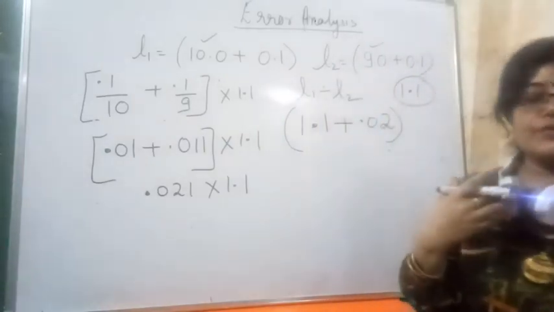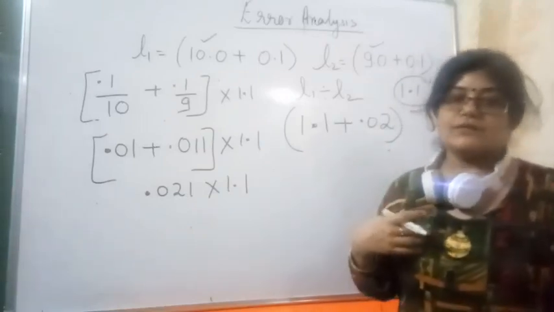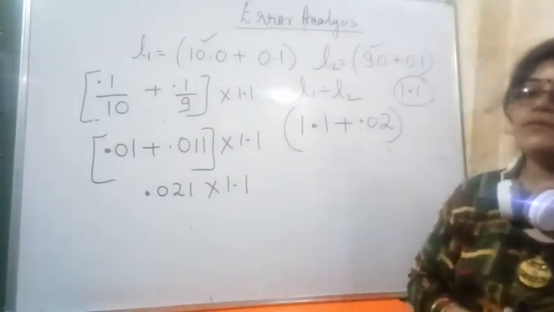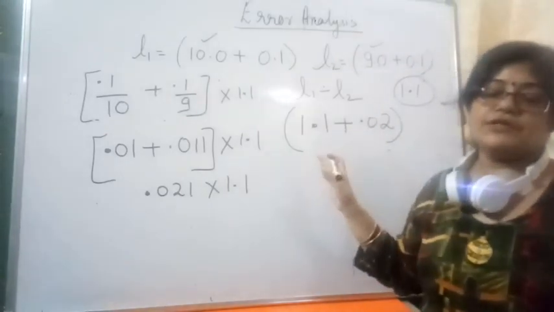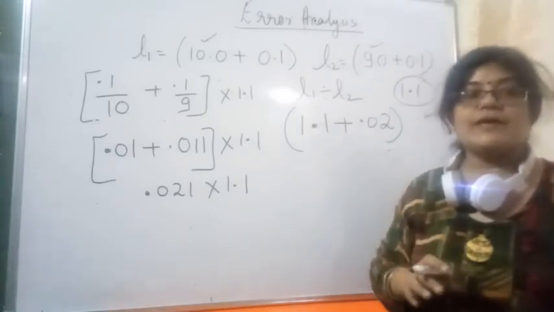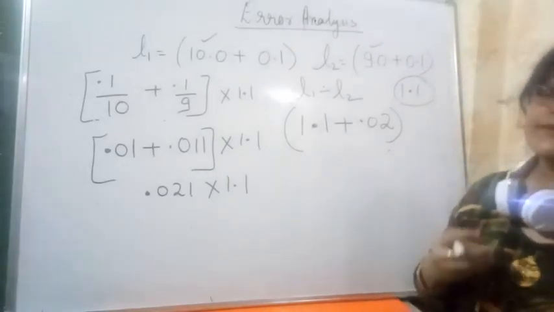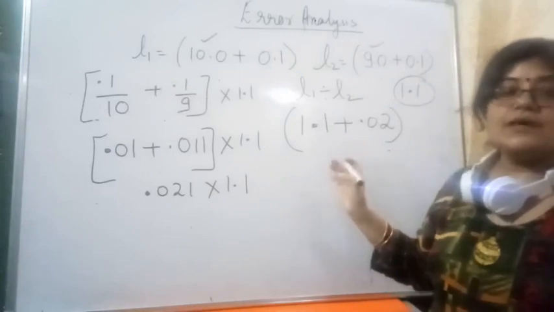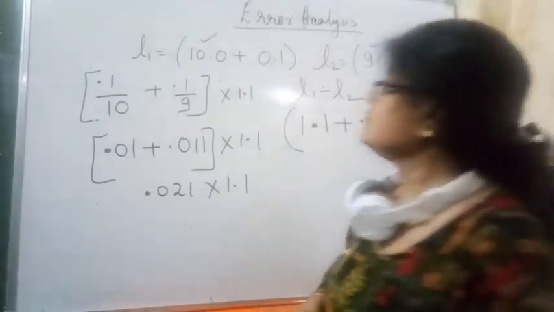In this way you just multiply the two things, divide the two things, add the two things and subtract the two things. Now I am giving two examples, one from multiplication and one from division, in order to clear these concepts of multiplication and division more clearly. And after that, in a second video, I will show how you will find the percentage of error and absolute error also. I will make the absolute error video in the last, but percentage error I will make a separate video because this video gets too long.